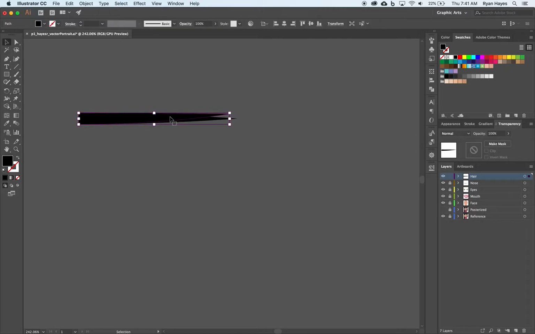I'm going to click on that shape, Command C to copy, Command F to paste a copy on the front, A on the keyboard for the selection tool, double click on that anchor point, and then drag the hair up like that. V on the keyboard for the selection tool. We're going to select the original shape, Command C to copy, Command F to paste in front, your direct selection tool, double click, and then we're going to do on the bottom